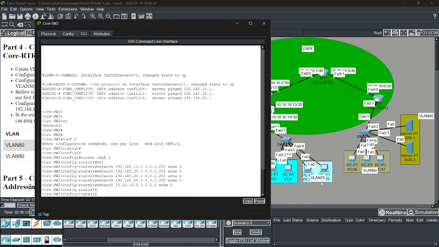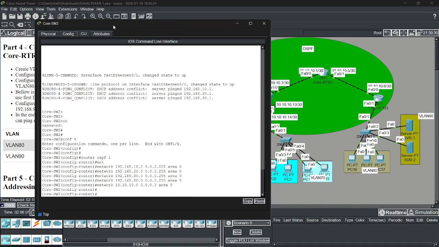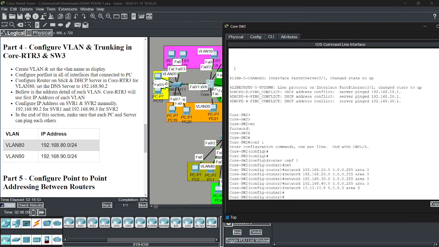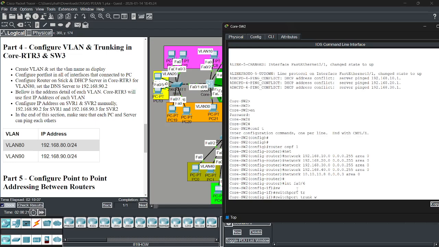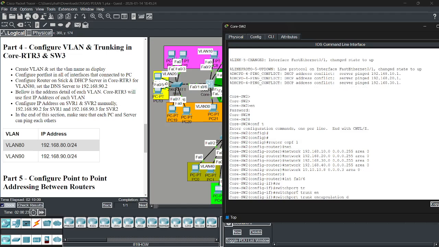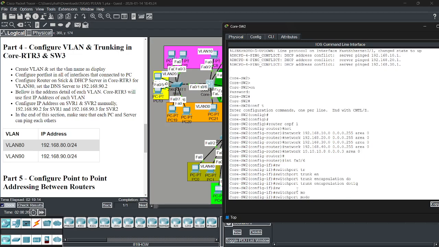Okay, after that, go to interface Fa0/6. Switchport trunk encapsulation dot1Q, switchport mode trunk.